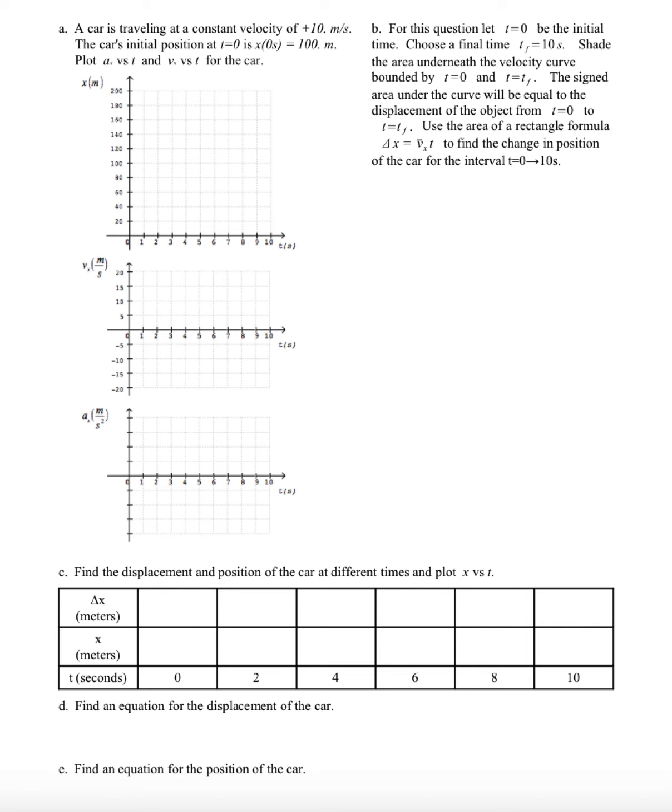Say a car is traveling at a constant velocity of 10 meters per second. The car's initial position at time zero is 100 meters. We want to plot the acceleration versus time and the velocity versus time. So we want to be able to extract from the wording certain things that are going to help us draw